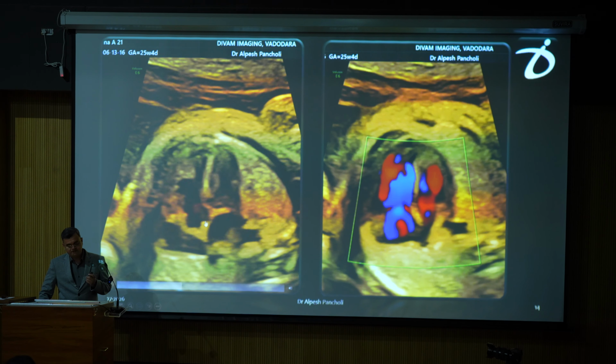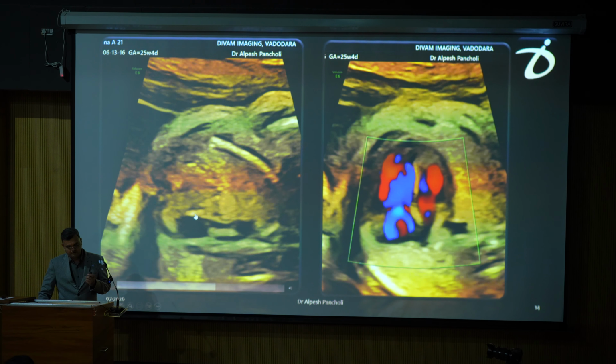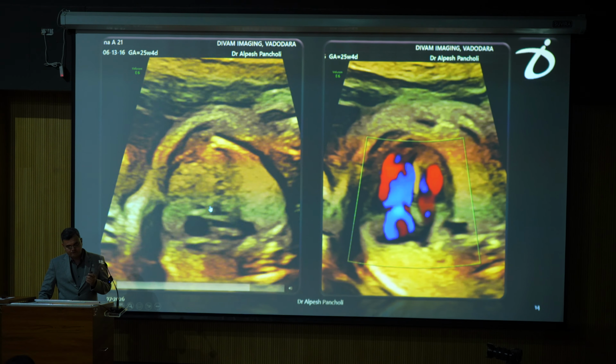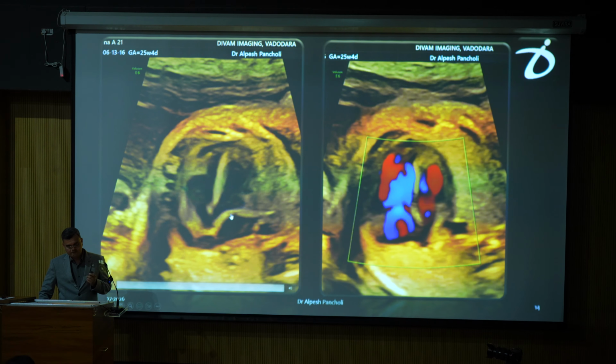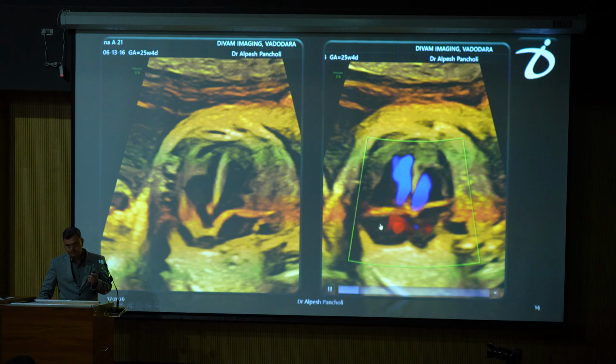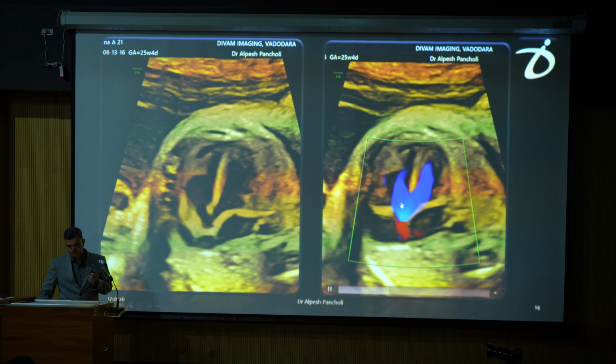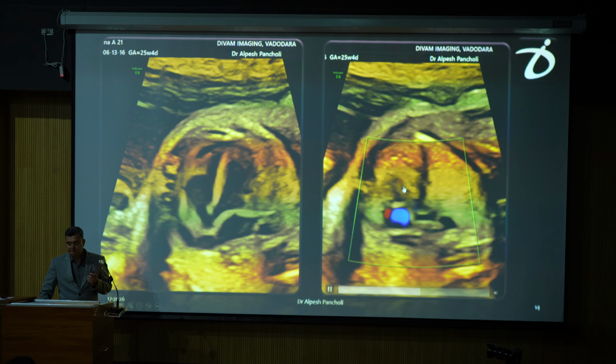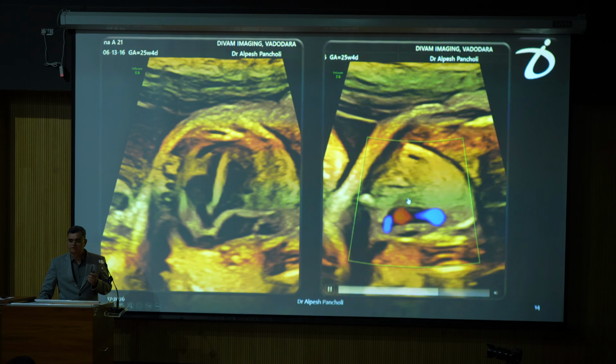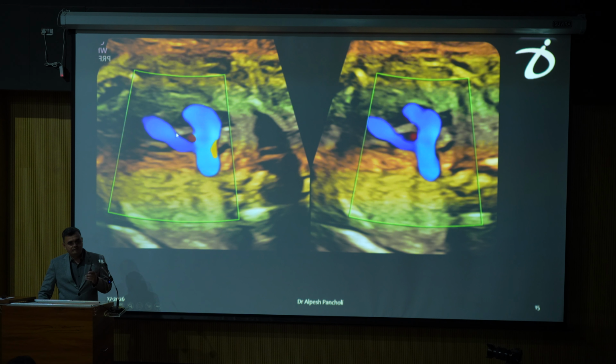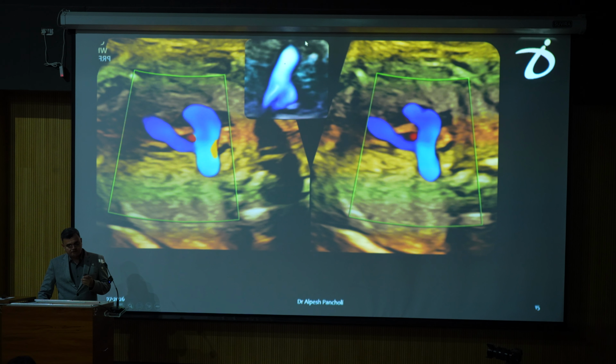Here we can see there is overriding of the aorta and there is a very narrow pulmonary artery here, and on the color Doppler we can see overriding and forward flow in the pulmonary artery. So we are dealing with, and also in three vessel trachea view we do not find,